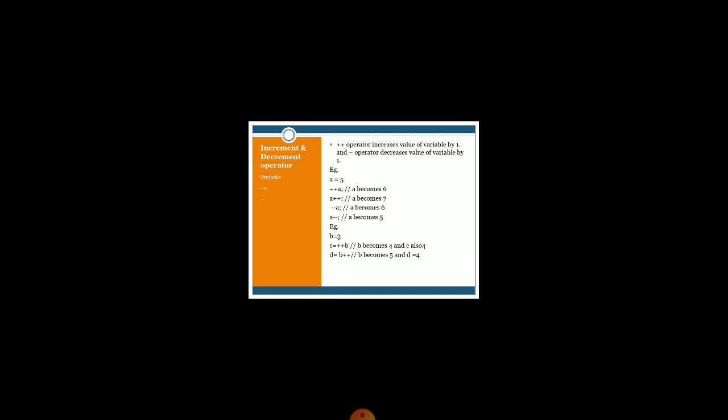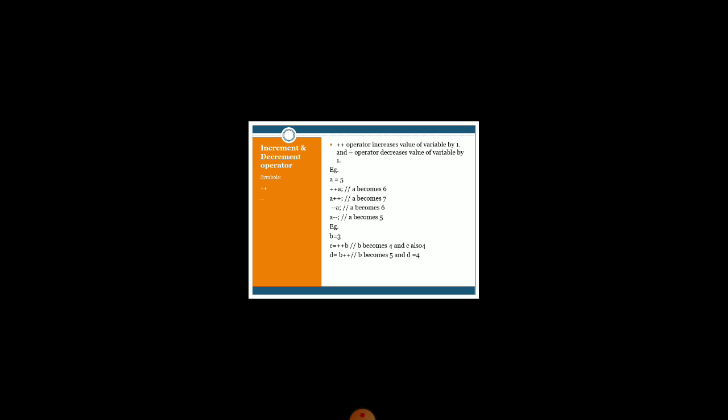Now see one more example. Suppose I initially set the value of B as 3. Now in the second statement, if I put C equal to ++B, that means I am using the pre-increment, because I am using the plus operator before the operand. That is what is called a pre-increment.